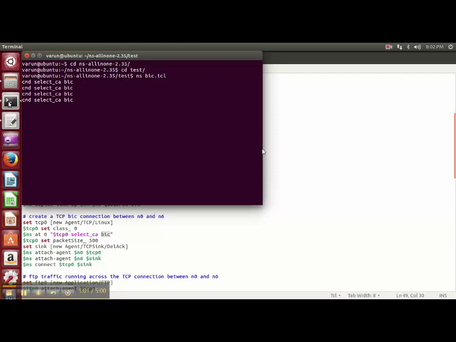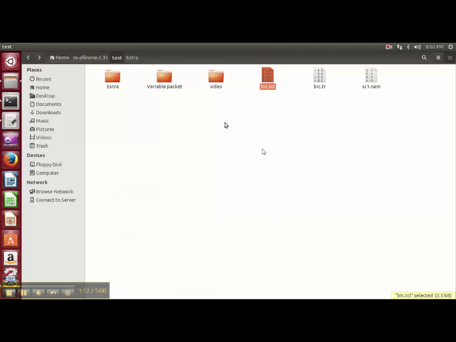Now it shows the congestion control algorithm BIC has been selected from the group of algorithms available. You can see the big.tcl file, and we have generated the big.tr file and the sci1.nam file, where sci1.nam is a network animator file.